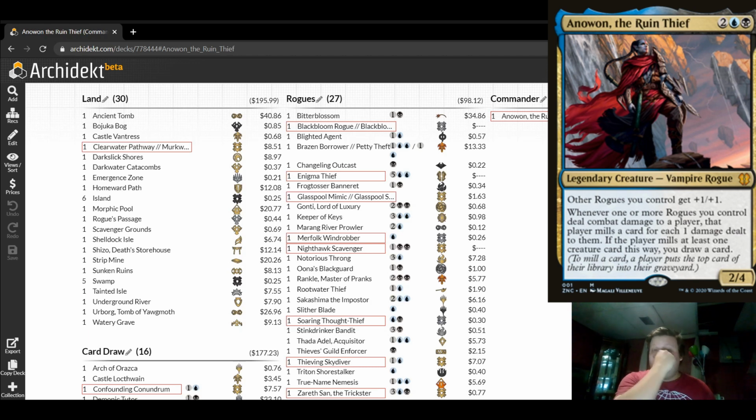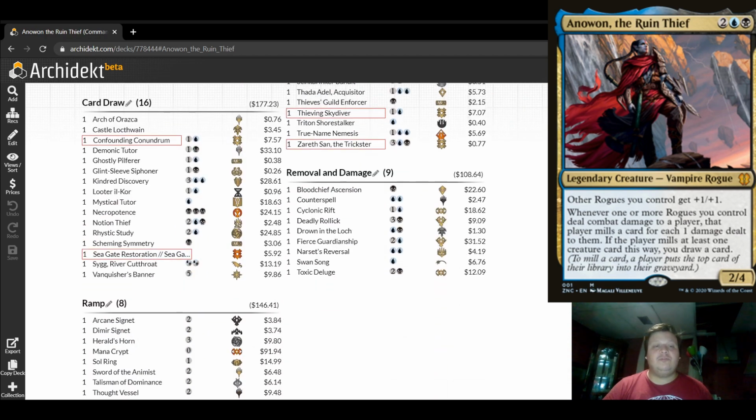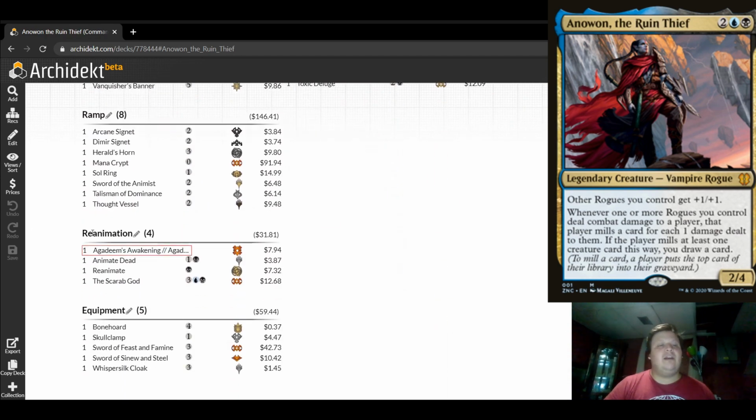Very simply, this deck wants to swarm out rogues, get Anowon onto the battlefield, and then start swinging. It's going to be very aggressive. You want to hit people hard, mill lots of cards, and you're not really aiming to win off the mill. You are very much aiming to win off of damage. Every other card in your deck is really here to support that, with reanimation targets to steal the best stuff that you mill,